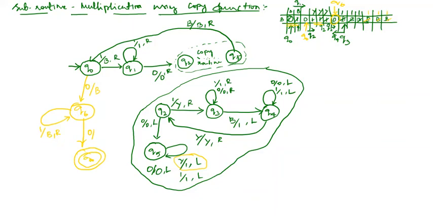Okay, at this stage I have q6, it reads a 0, so that is going to be your final state, that is, 0 is converted into blank and move right. So at the end all these terms alone will be there on the tape. Here it will be b, so this is going to be your resultant.